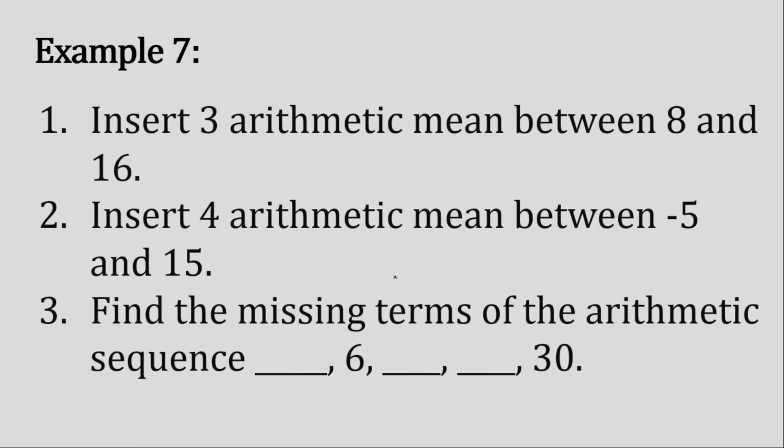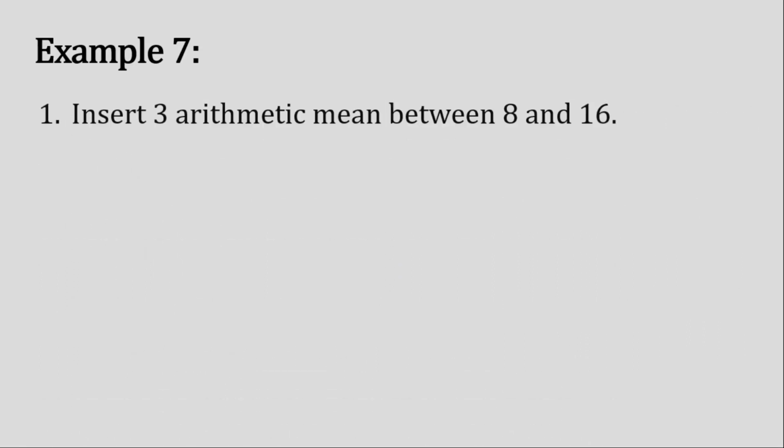Now let's proceed to another set of examples. Let's go to example number 7 and let's go to number 1. Insert 3 arithmetic means between 8 and 16. Now we don't need to put a single line between 8 and 16. Instead, we're going to illustrate this by putting 3 blank lines between them, signifying that